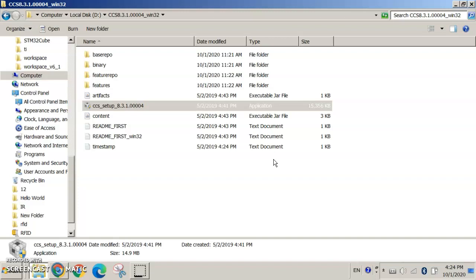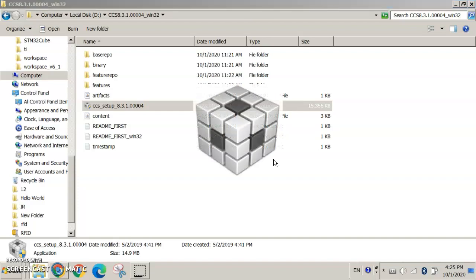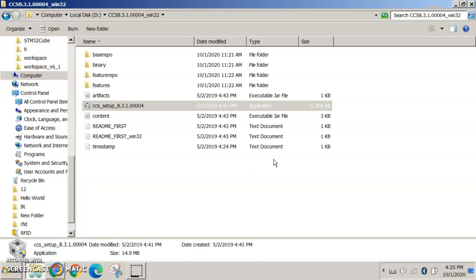My operating system is Windows 7, and it will check whether this particular version is suitable for your Windows 7 operating system, whether it is 32-bit or 64-bit, and whether your antivirus is enabled or disabled. All such initial configurations will be monitored and verified by your Code Composer Studio setup, and it will take around 1 or 2 minutes for verifying such data.